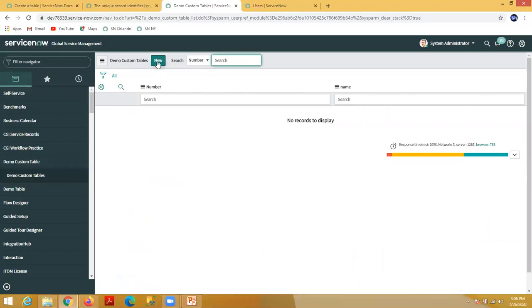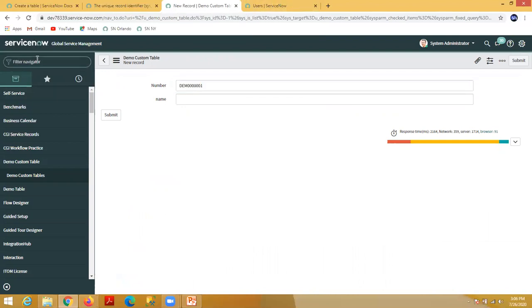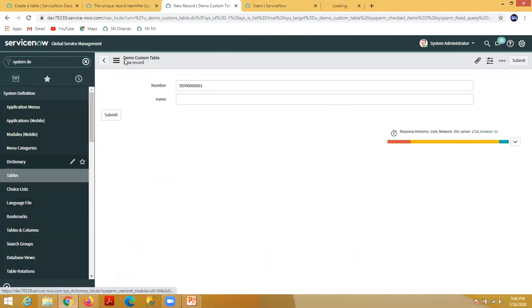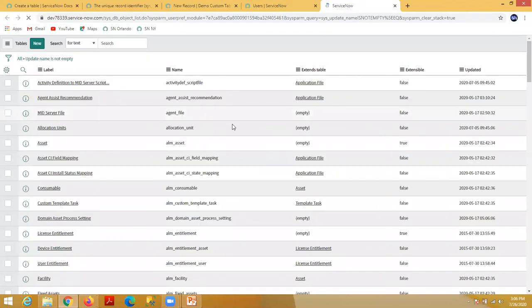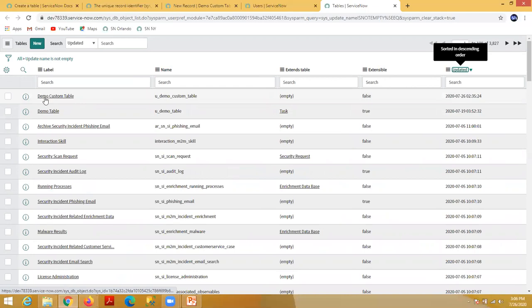Now suppose I click on the new button. You can see this number field, because we checked that auto number option, right? If you see here, system definition, and let's open this table.